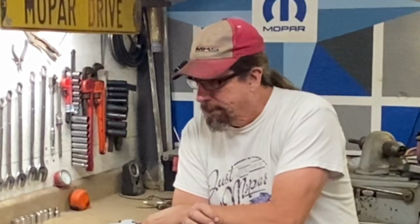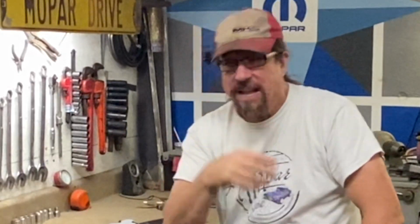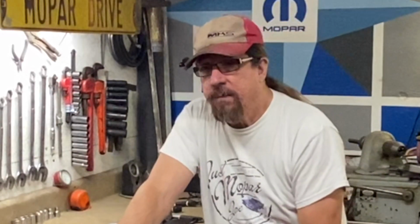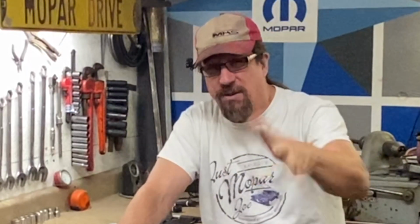But I've been waffling back and forth on it for a while, and I started thinking through some of the stuff that I had set aside for the Challenger. I don't have a big block 4 speed bell housing, but I do have a Lakewood big block 4 speed bell housing, and that's just been niggling at my brain for a while, and I realized, why don't I consider using the Lakewood that I had set aside for the Challenger, which isn't really in line with what that car should have? Why don't I consider using that Lakewood bell housing on the Golden Mullet with the B body 4 speed that I have, or the B body 3 speed that is in it? Now,